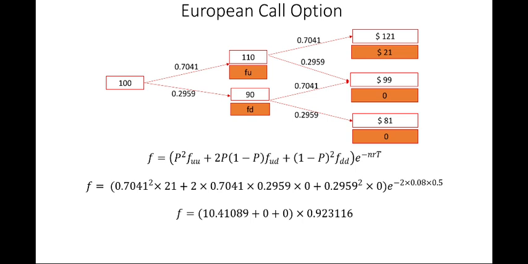On simplifying this, you will get the value of the European call option, which comes out to be 9.10466. So like this we can calculate the value of the European call option. So you can practice this one by pausing this page or any page which you like. Now we will be doing one additional problem of European put option.